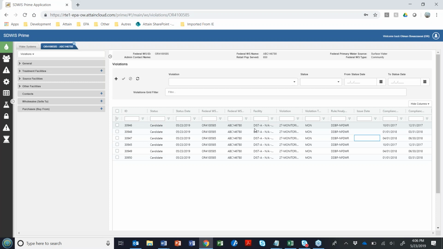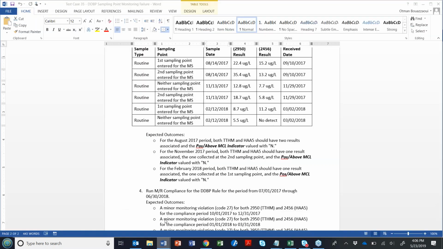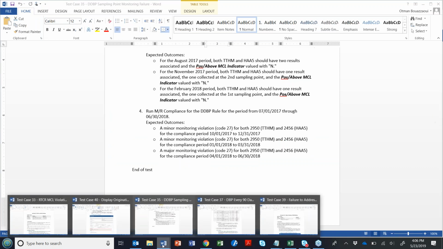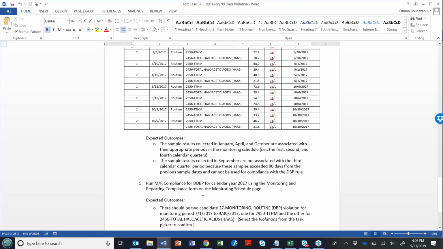Remember, 3 quarters, 2 analytes, so that's why we have 6 violations. And that's pretty much it for test case 35. Before I move on to 37, are there any questions?